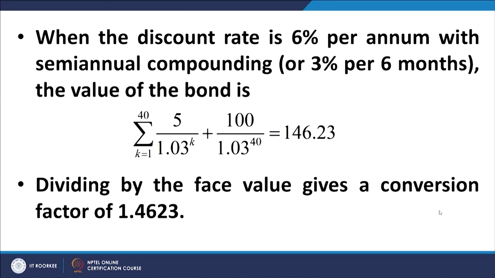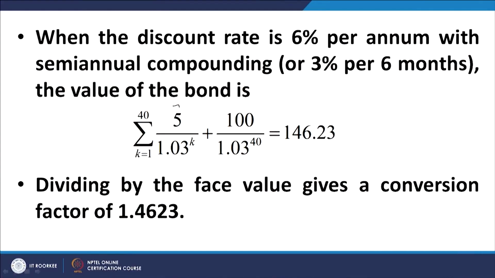So, if you look at this equation here, this equation clarifies everything. The bond is a 10% bond, that means half yearly coupon payments will be of $5 or 5 units of money each on a face value of 100. So, this 5 represents the half yearly coupon payments, and because there are 20 years to maturity, after rounding down